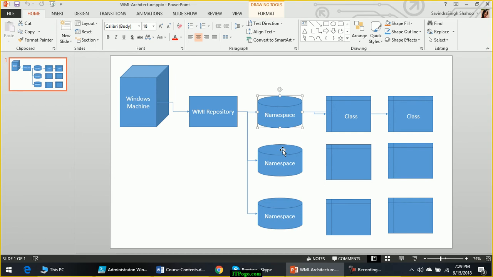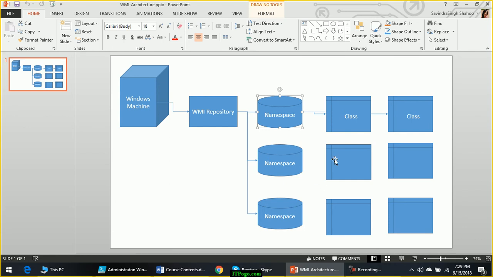For example, anything related to hardware and software configuration will be stored under the namespace called root\CIMV2. Any information related to Active Directory will be stored under the corresponding namespace.